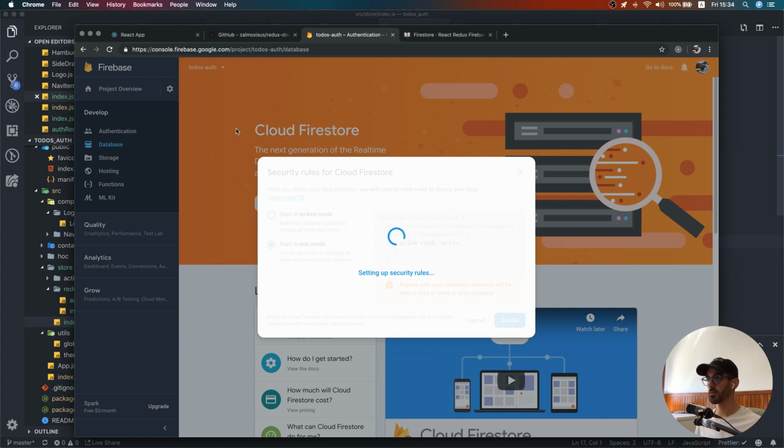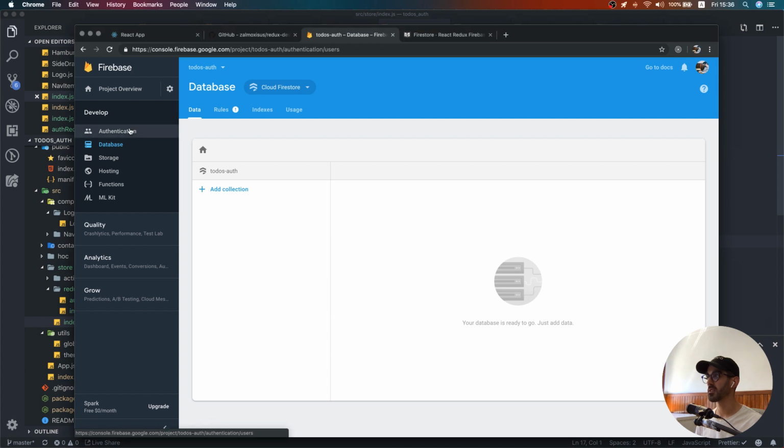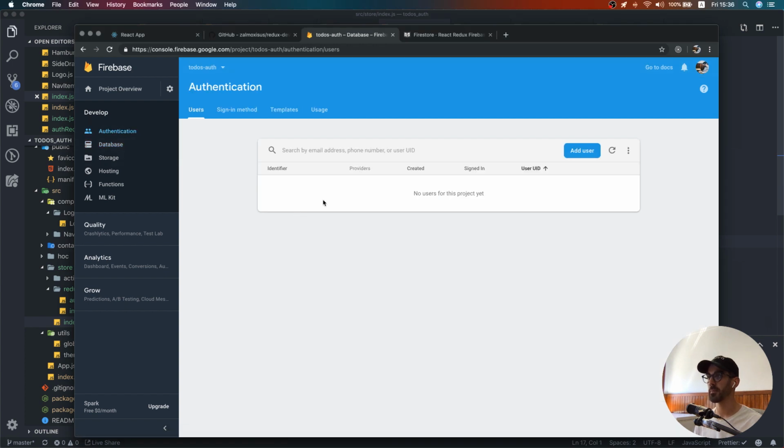And let's wait for it to finish setting up. And besides using Firestore to also store our to-dos, we will actually use it to store user information too, because when you sign in a user, you will get a unique ID and his email will be stored here. But we also want to store his first name, his last name, and you can also store more information like